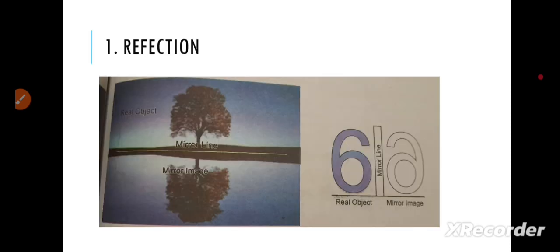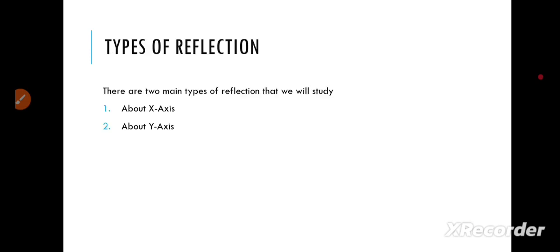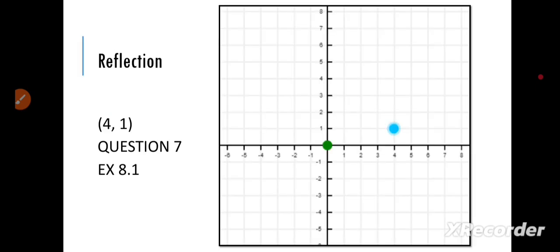Now coming to the second point, reflection. Reflection is basically a mirror image. Wherever you put your mirror across the image, we get the reflection. So here now when we reflect